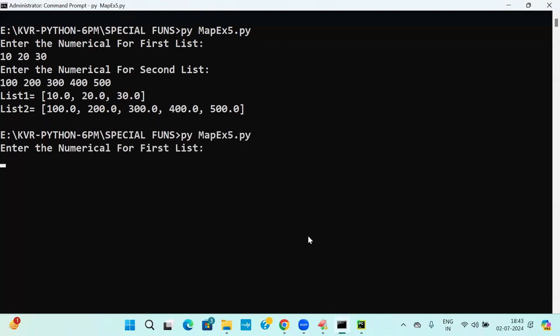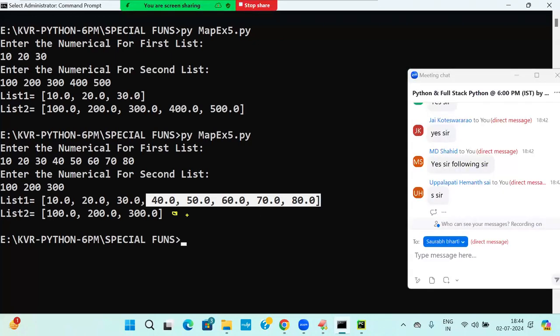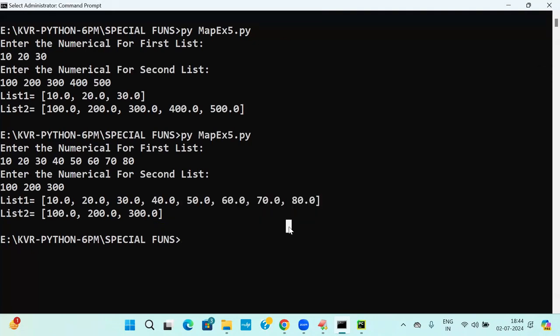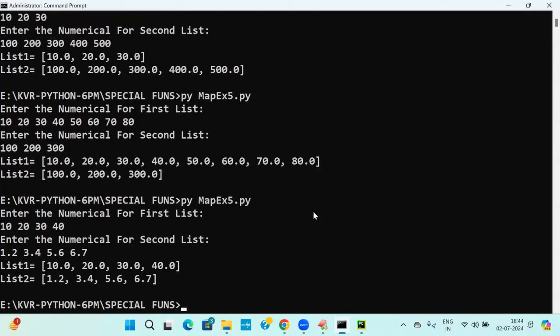One more thing. Let us run here 10, 20, 30, 40, 50, 60, 70, 80. Now say 100, 200 and then 300. See that it is having only 3 elements and 3 elements. 40, 50, 60, 70, 80 are not there, so I need to write 0, 0, 0, 0, 0 to make it equal. How do you write it? Did you understand this point? If I write 10, 20, 30, 40, 1.2, 3.4, 5.6, 6.7, it is going to have equal values,